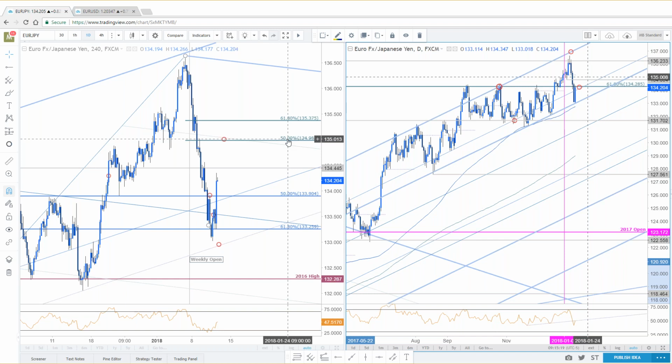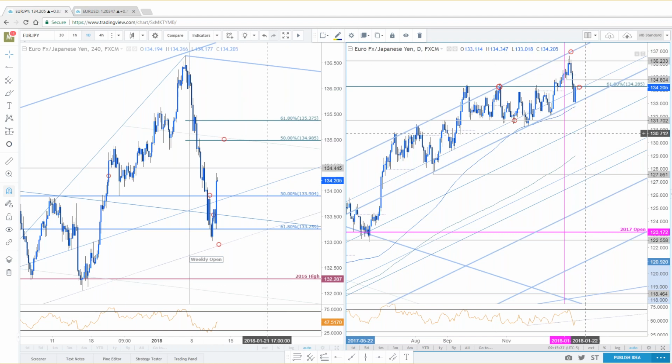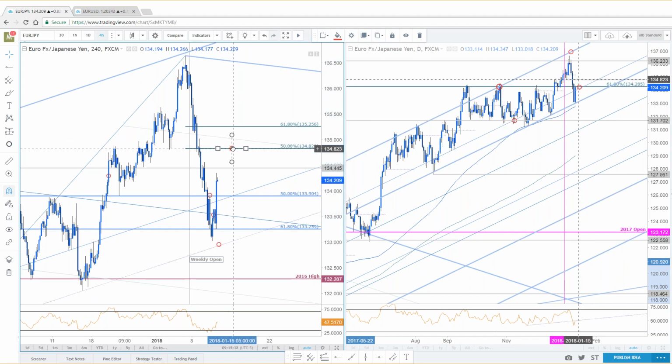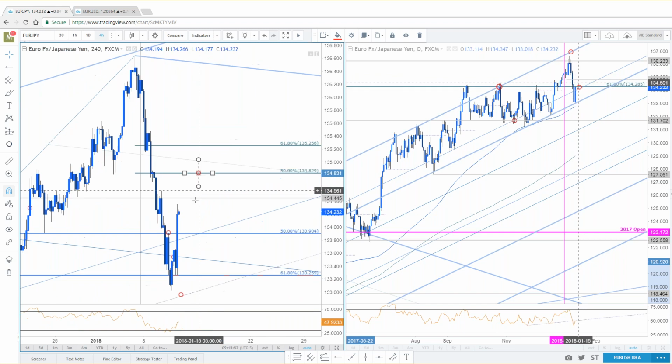So monthly open resistance is where I would still be looking for bearish inval. Initial resistance right off the bat, you should be looking somewhere in this range between 34.30 and 34.80, or 34.98 would be at 50%. I'm lying. Yeah, 34.80. So you can see former swing lows, former swing highs, 50% retrace, and that would be an area of which you'd start to look for near-term resistance, bearish invalidation at the monthly open. If you make it through the monthly open, for me, that's pretty constructive.